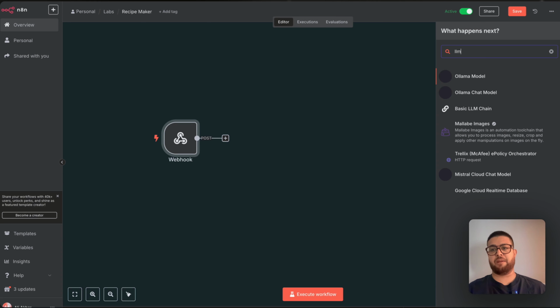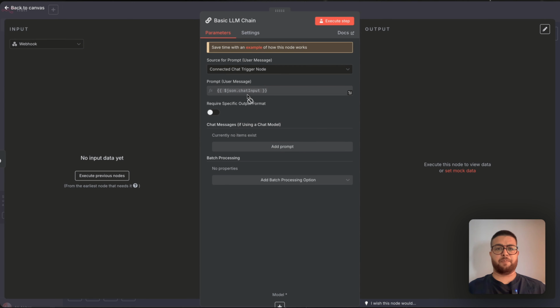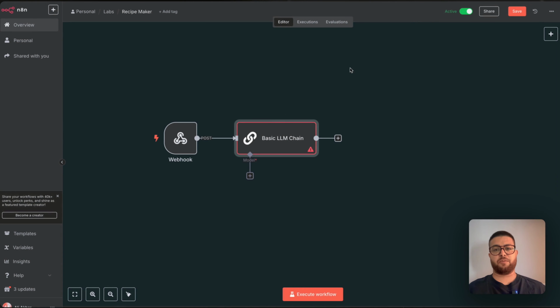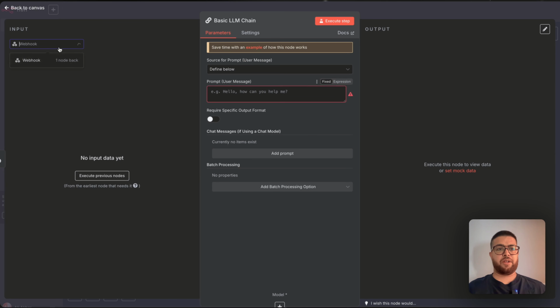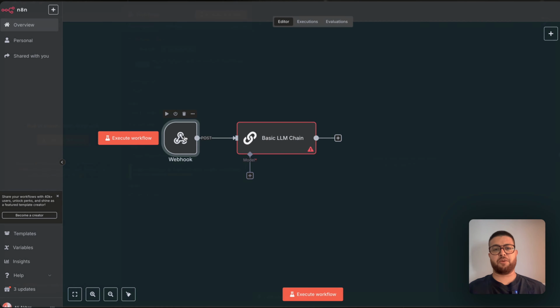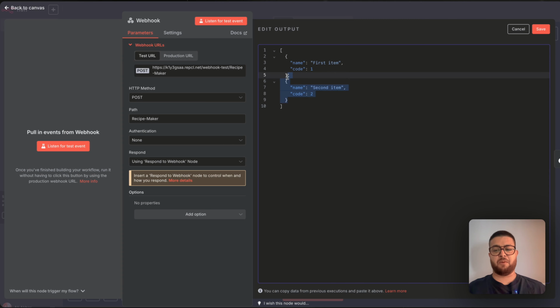Now we can use an LLM chain, and in this particular node you can see right here, get the data. You see there's a problem, we did not define mock data. So we're going to go back here and set up mock data so we can at least test the workflow. We have to create an object within the body tag. The object is going to be prompt, and then we can say cheese pasta.